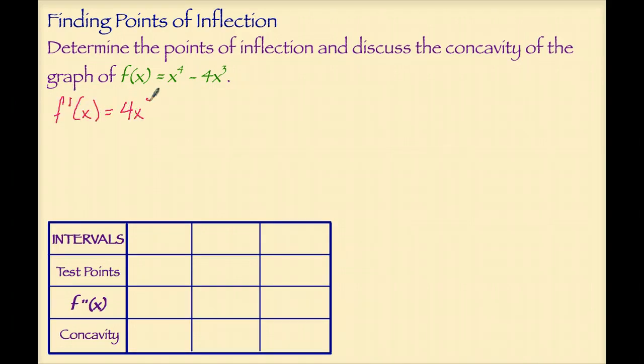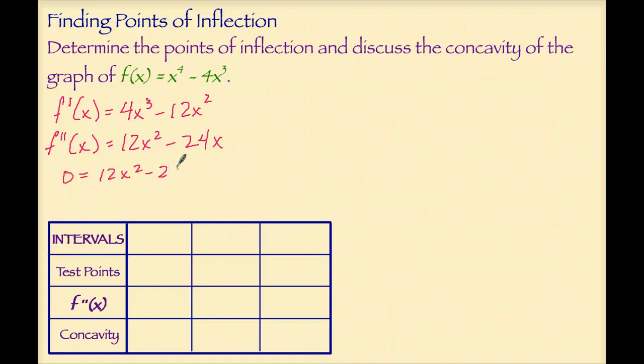This gives us 4x cubed minus 12x squared. And the second derivative then will be 12x squared minus 24x. So nice to take derivatives of polynomial functions. Setting the second derivative equal to 0 and factoring out the 12x gives us two factors which will generate points of inflection, 12x and x minus 2. 12x equals 0, of course, gives us x equals 0, and x minus 2 equals 0, of course, gives us